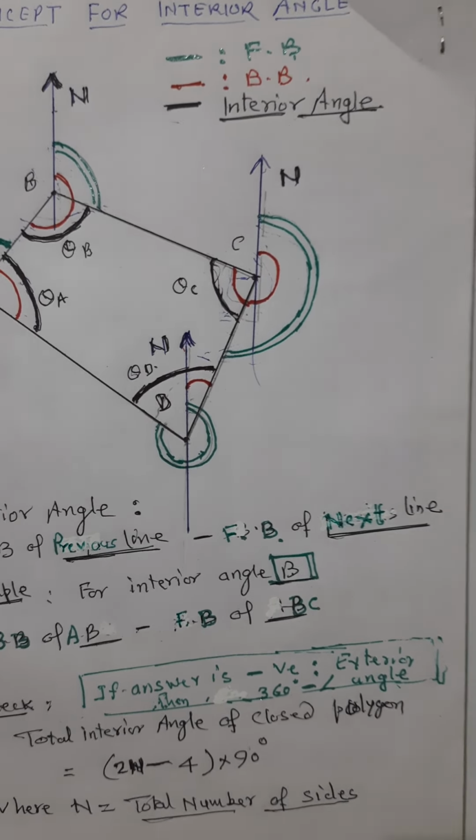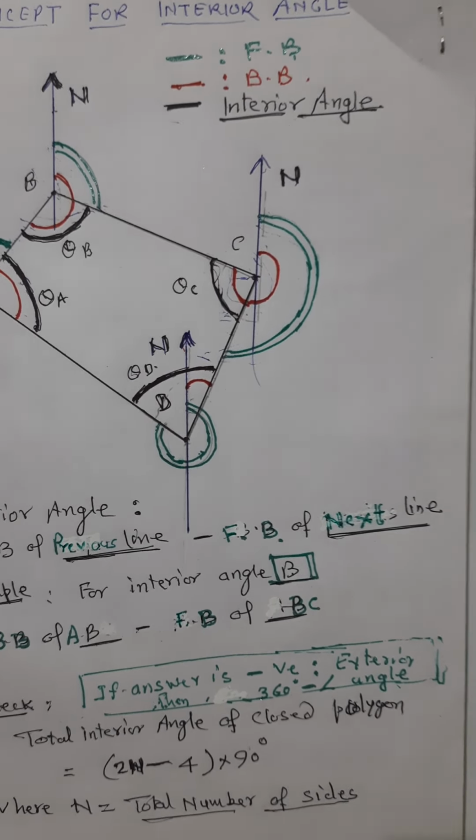But one more thing I just wanted to emphasize. Whatever we have calculated, whether right or wrong, is to be checked. Whatever interior angles were calculated for angle A, angle B, angle C or D, whether they have been calculated rightly or wrongly, it is to be checked. So we have to apply one check. How can we apply the check?